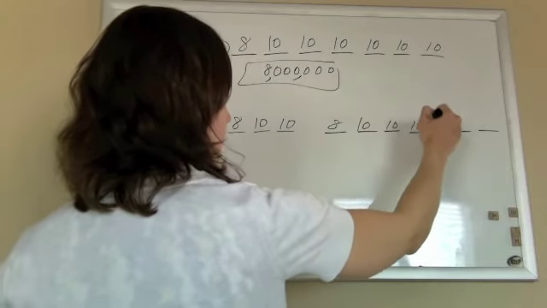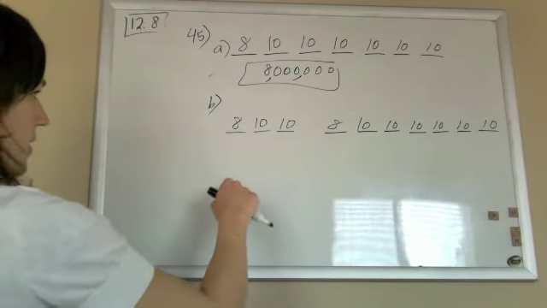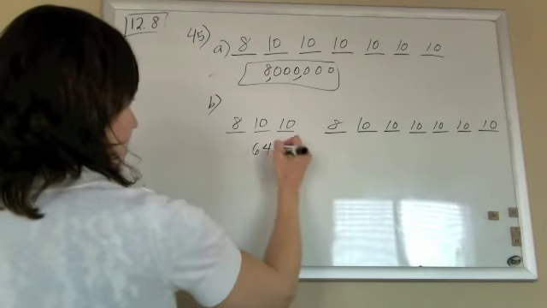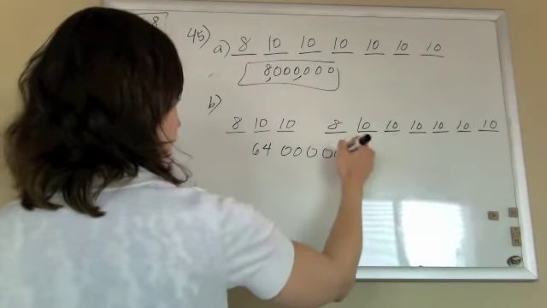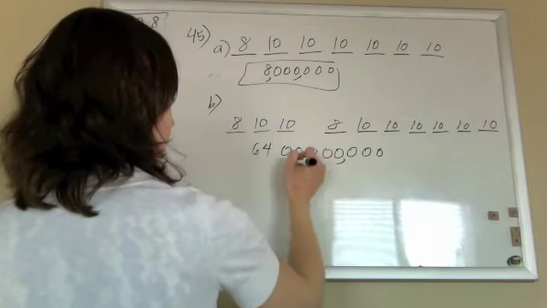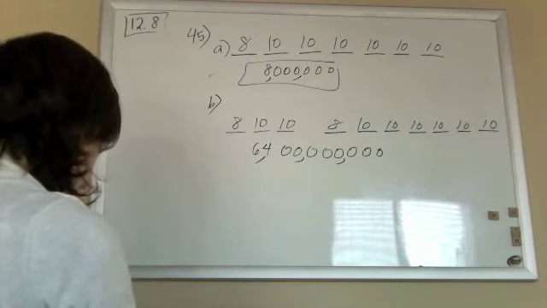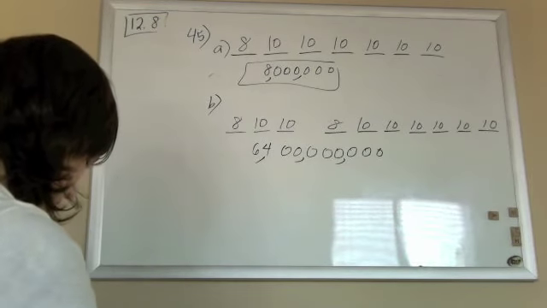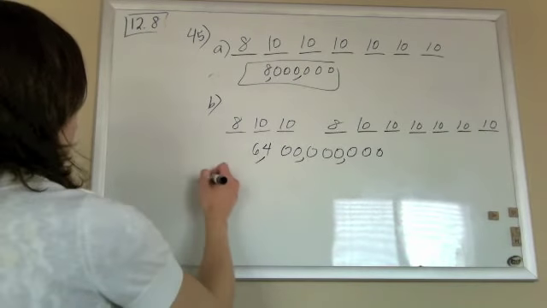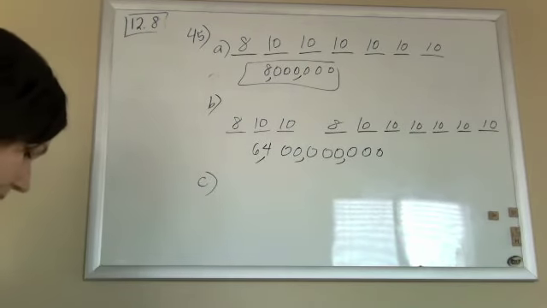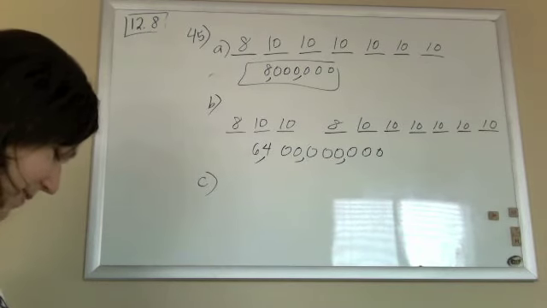And these guys can do whatever they want. So 10 possibilities for each one of those digits. Multiply it all together, you get 64 with 8 zeros. 1, 2, 3, 4, 5, 6, 7, 8. So I think that's looking good. Yep, that's good. And then for part C,